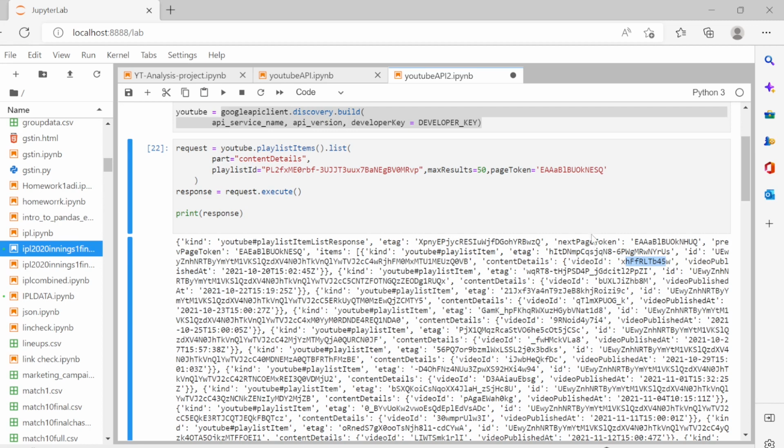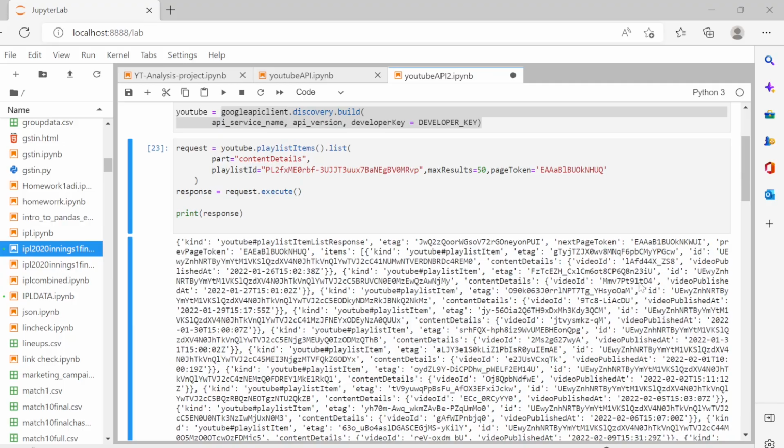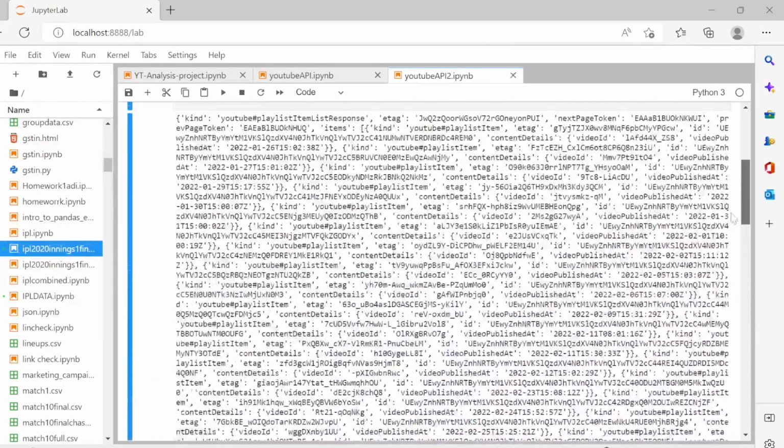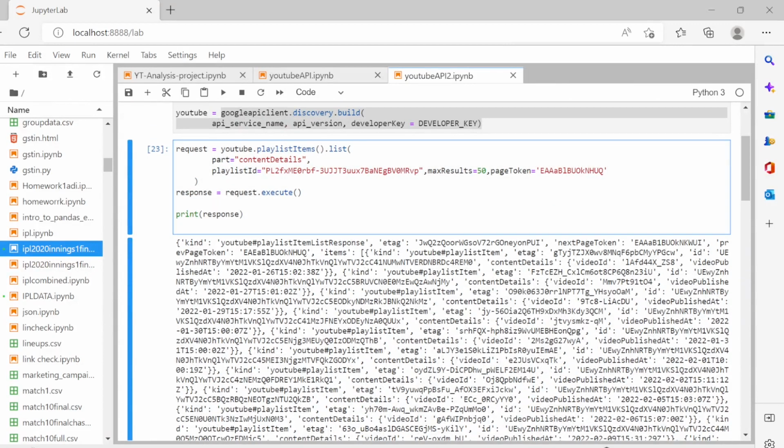Similarly, in the second page we have the next page token, which is this. This is actually the page token for page number 3. So if I paste that here instead of the current page token, you will see we again get a new set of video IDs. We get another 50 video IDs. This is basically 101 to 150, page number 3 of the results. And again we have a next page token, which is the page token for page number 4. So I'll copy this again, and if I put it here and run,